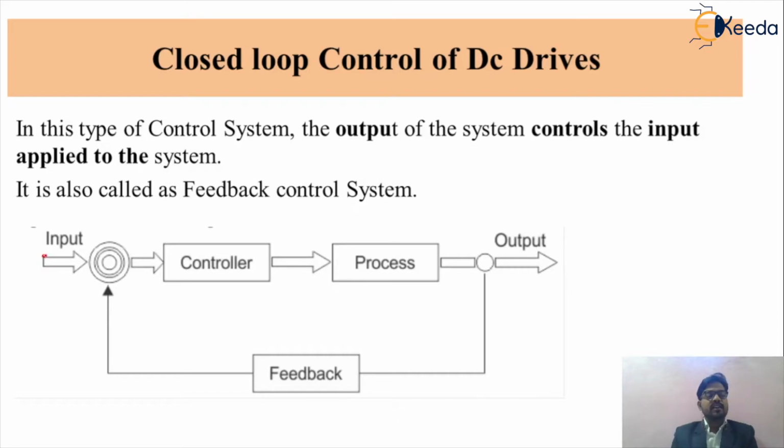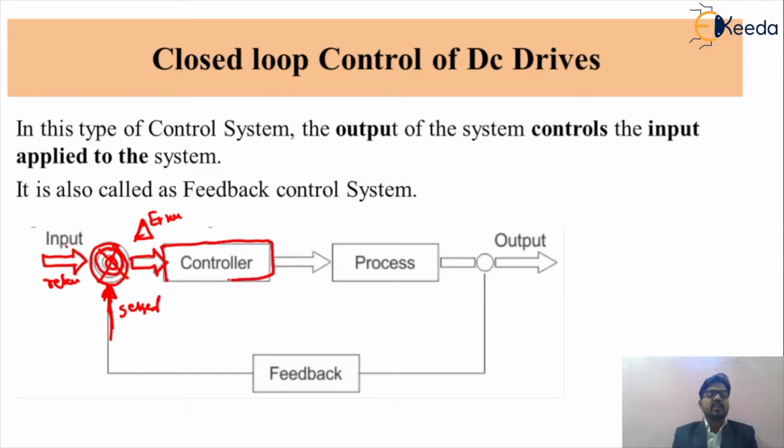So friends, in the closed loop control system, we apply the input to your system. This point is called the summing point. We will discuss in detail what the summing point is and what the different relationships of the summing point are. After that, the signal goes to your controller. At that particular summing point, we get two signals: one is the input reference, and the second is called the sensed signal, which is the feedback signal. From the input signal and sensed signal, we get the error signal, and we give that error signal to your controller circuit.